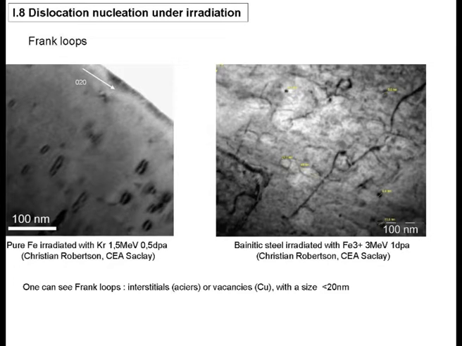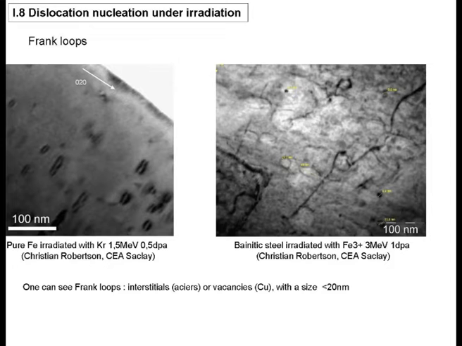And Professor Sundararaman will explain later what it means in terms of TEM observation. So here you have small loops. You can see the size is very small, obtained with such irradiation, 1.5 MeV, at this displacement per atom dose. This was done by my colleague Christer Robertson from Saclay. Now you have another view of this. Here you can see the loops, they are very tiny. Some of them are so small you cannot identify them with TEM. Some over here are bigger, another very small here. Anyway, they are less than 20 nanometers in size, so they are very small.